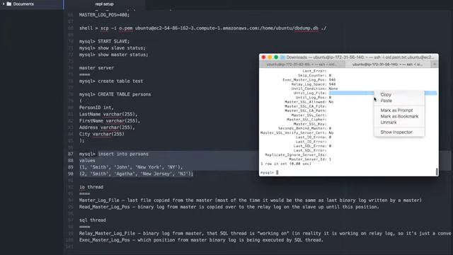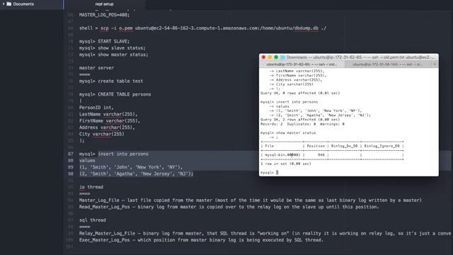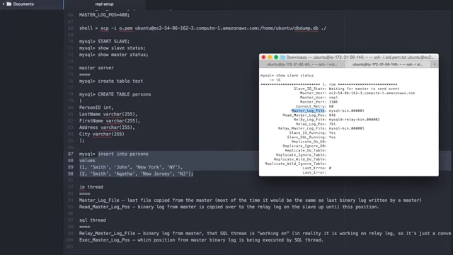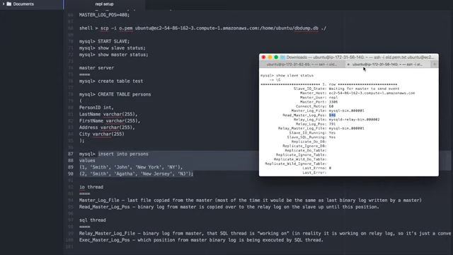here you can see that for the IO thread, the master log file, which is this one, says that it is the last file copied from the master, which is mysql-bin.001, that is this file. And the read master log position, that is the binary log from the master, is copied over to the relay log file until this position, that is 946. So the slave server has copied the changes over from the master up to position 946 into the file